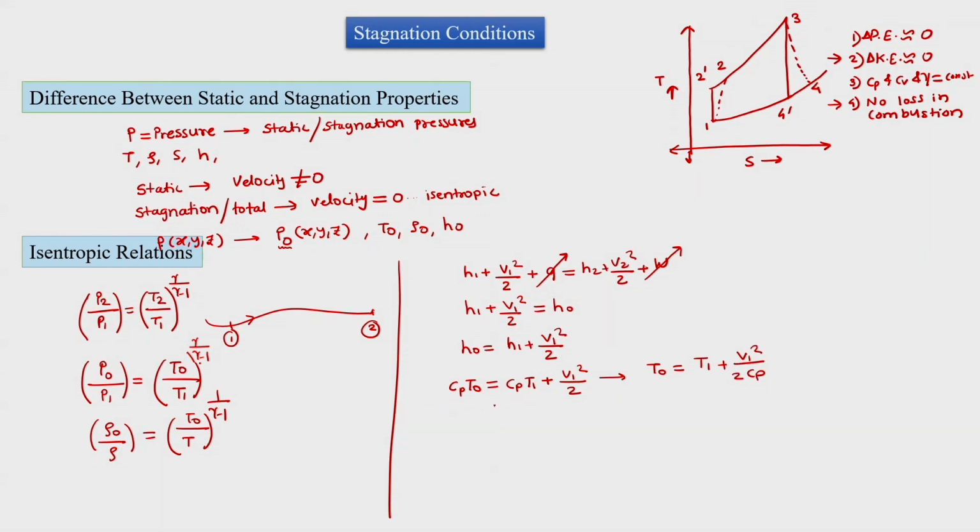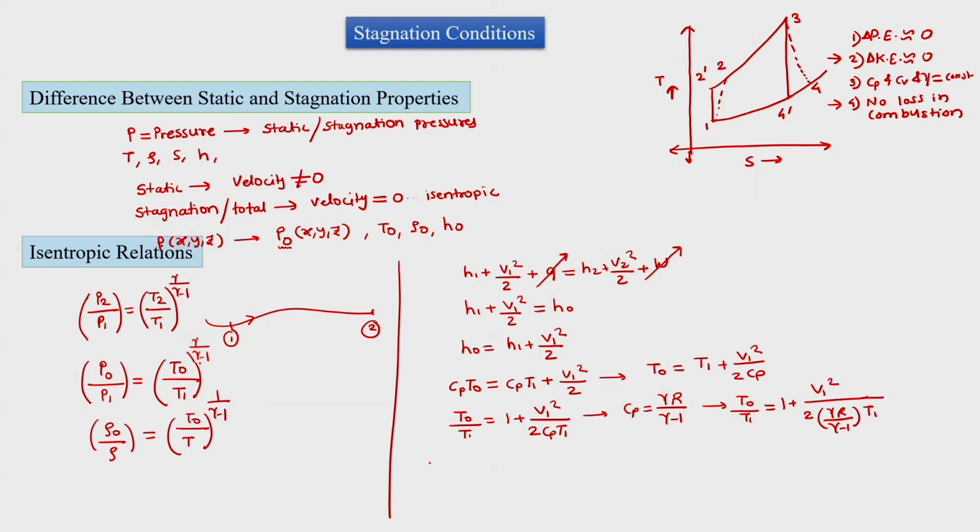Let us divide both sides by T1. So we will have T naught upon T1 is equal to 1 plus V1 square by 2 divided by Cp T1. We know that Cp is equal to gamma R upon gamma minus 1. Hence T naught upon T1 is equal to 1 plus V1 square by 2 gamma R upon gamma minus 1